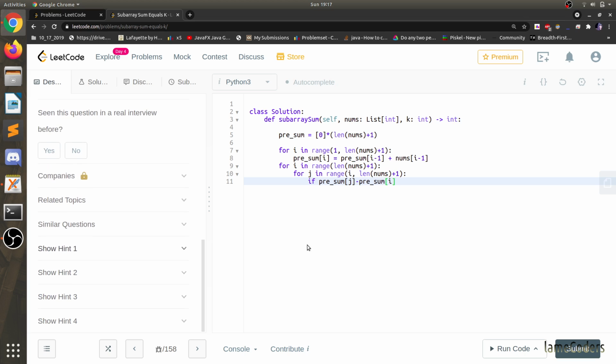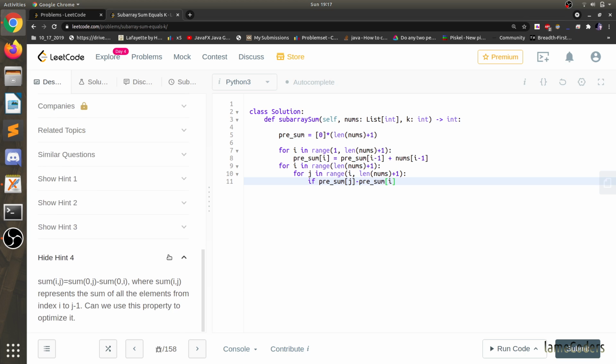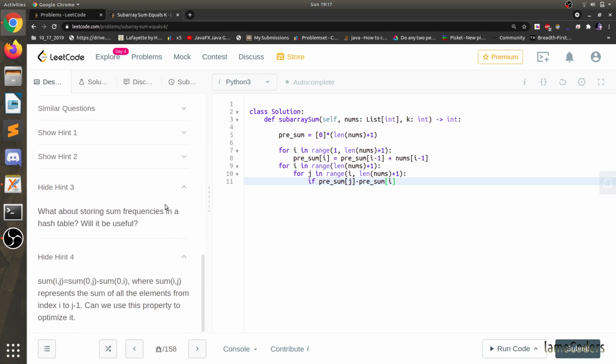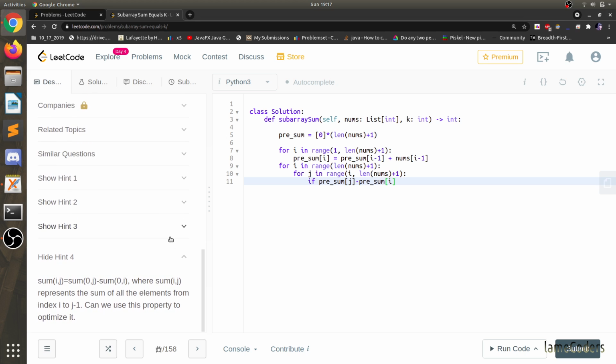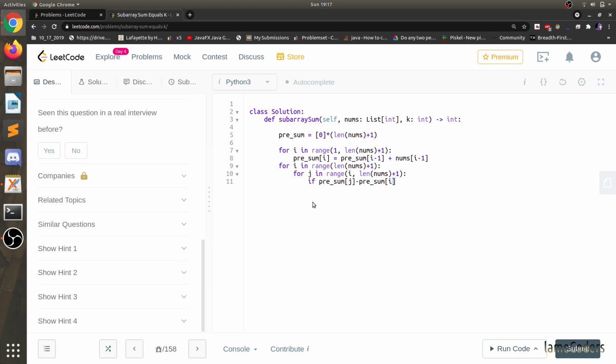Oh no, this is the same as we thought. We have to take all the sums. There's no other way for now, unless we try some greedy algo. If pre-sum of j minus pre-sum of i equals k,